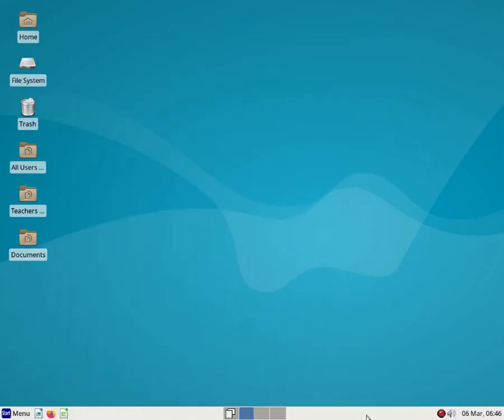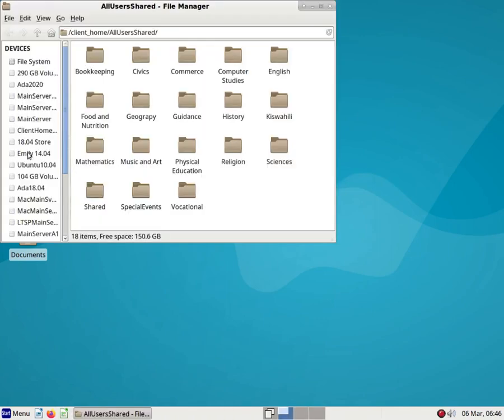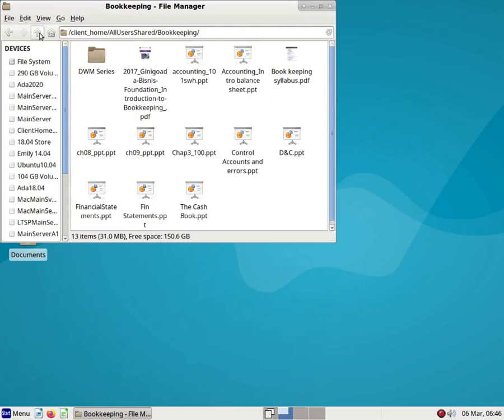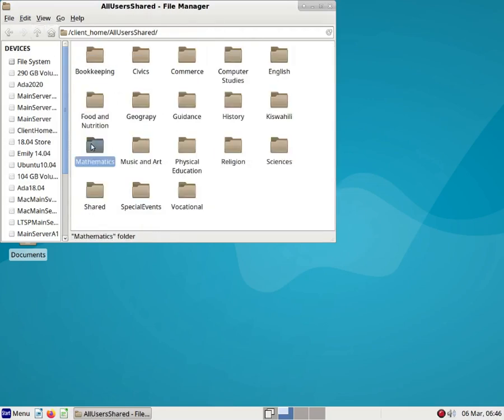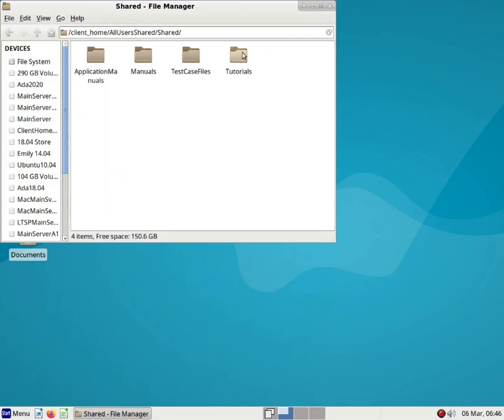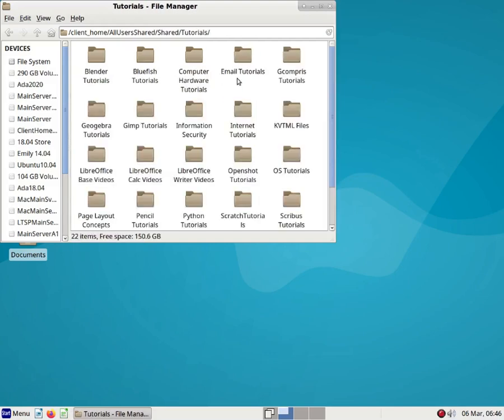Again, on your desktop, you'll see an icon for All Users Shared. And when you open that, again, you will see folders for different subject areas. Some of these have information in them already, and some are available for you to put things in them. There's also a folder called Shared, and this has some different video tutorials for some of the different programs on